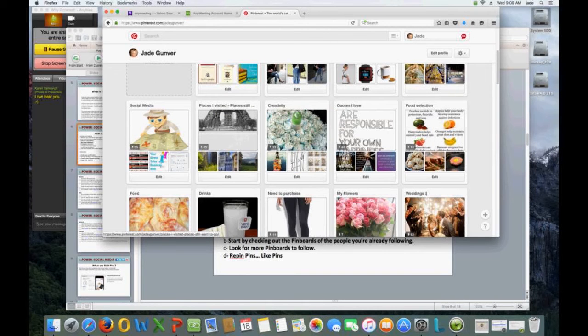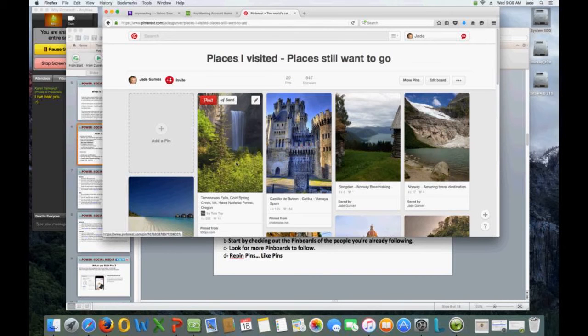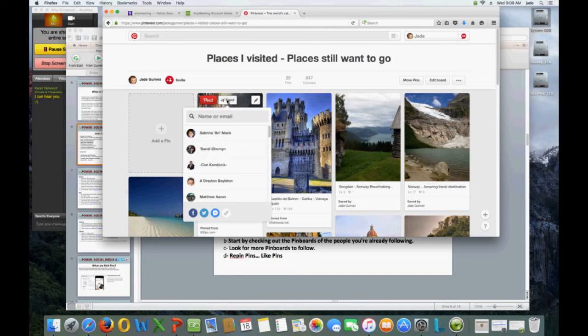So let's just take one of them. Let's say this one in Cold Spring Creek, Oregon. It's very easy. They make it so simple. When you want to pin something, it's so easy. You can even send it to your friends. You can use Facebook, Twitter connections, and just send it to them.